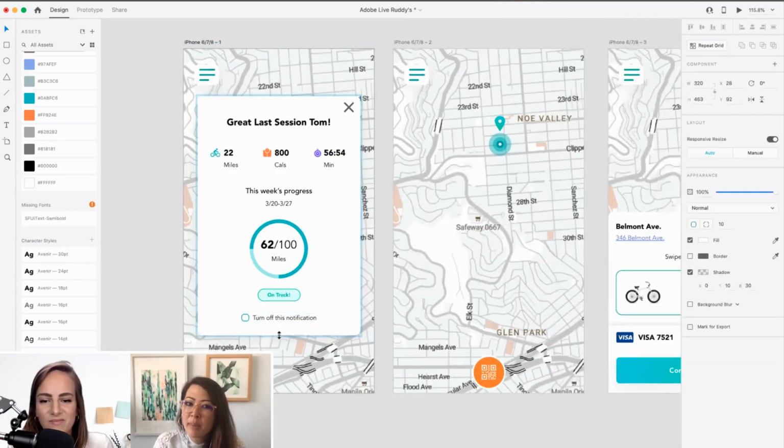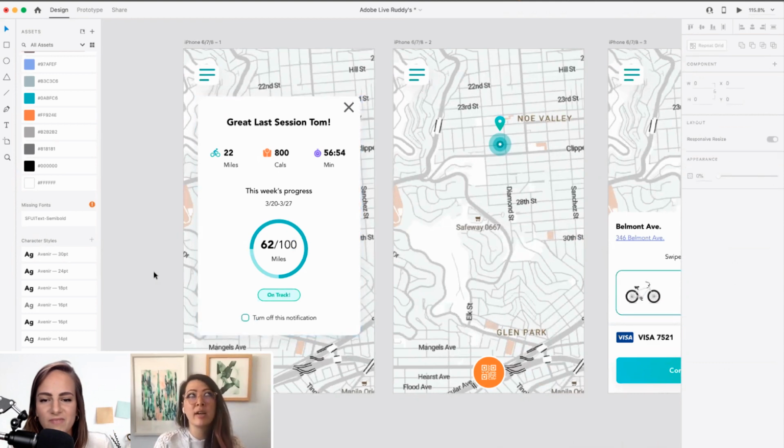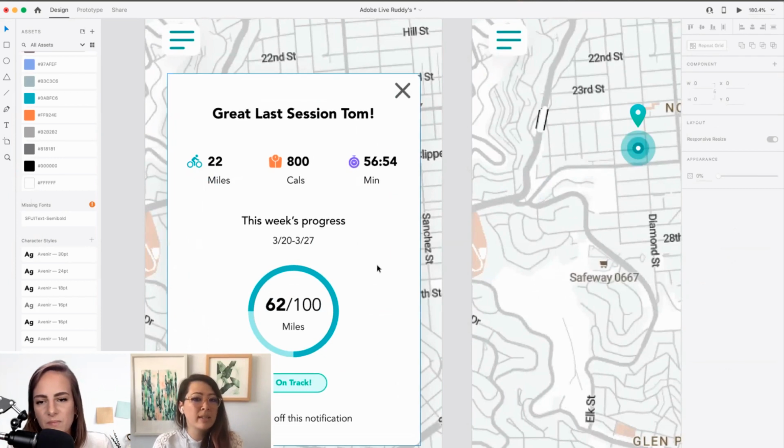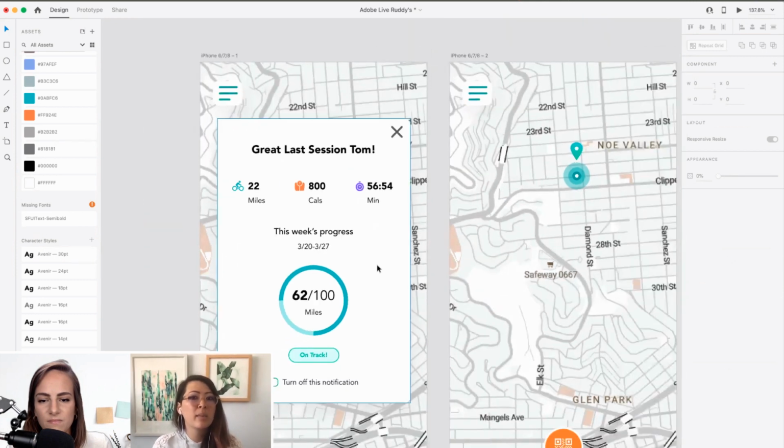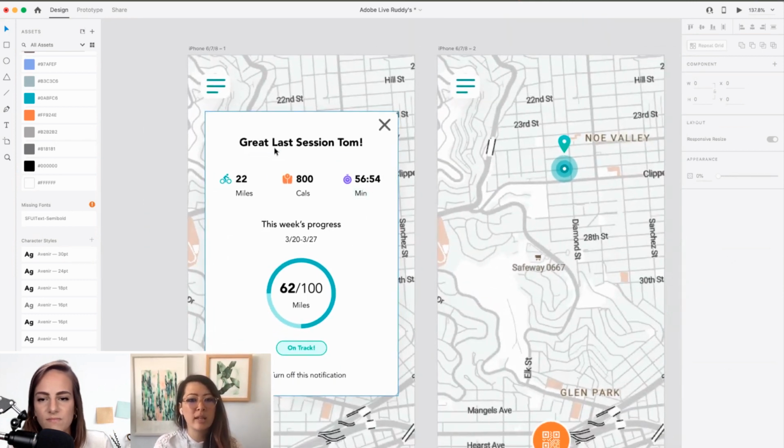Exactly. I don't like pop-ups, so if I have to do it, there has to be a clear reason, and it has to serve the user. So this serves him. It brings back the how might we statement I made earlier. Make him feel really good about the time he's getting on this bike and feel motivated. That's the purpose of this feeling here.